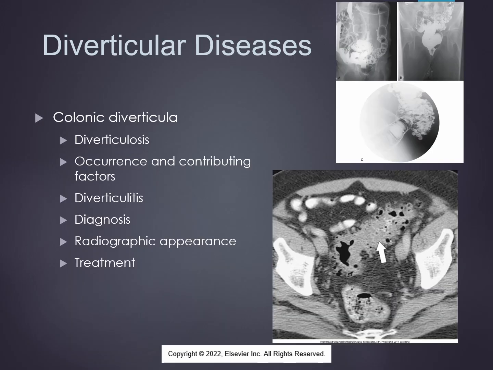Diverticulosis is the presence of diverticula without inflammation and is seen in all parts of the colon, most frequently in those over 40, and are found in the sigmoid colon. They are associated with hypertrophy of the muscular layer of the bowel and occur most often in the terminal branches of the mesenteric vessels that are found within the bowel. Contributing factors include pressure gradient between the lumen and the serosa of the bowel and areas of weakness within the bowel wall. Diverticulitis is the inflammation of diverticula and can be exacerbated by feces lodging in the